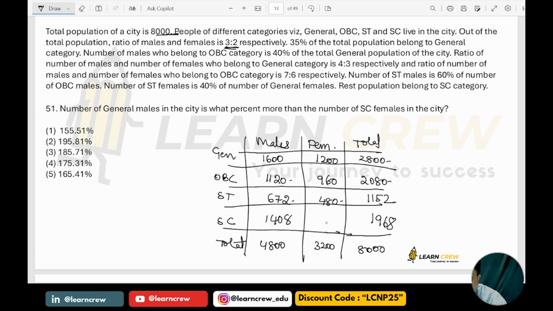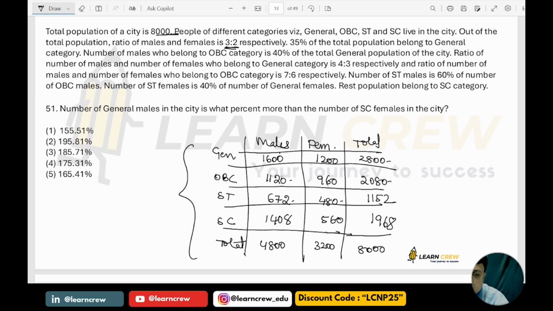1408 means it would be how much? 560. Thereby 1968, right? Now you got the entire table. Number of general males in the city is what percentage more than